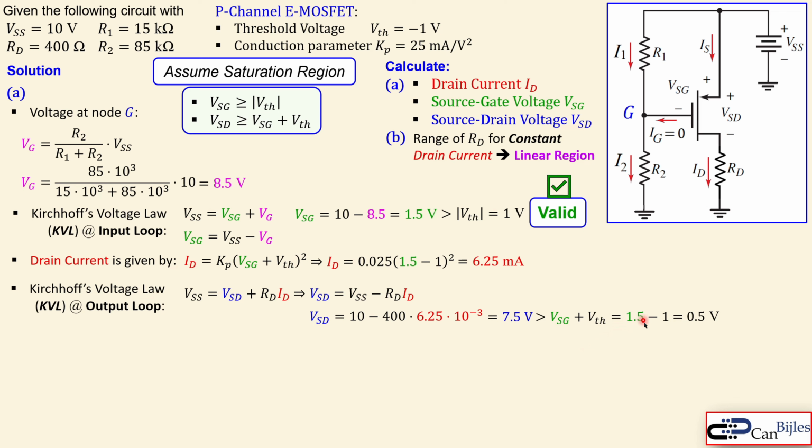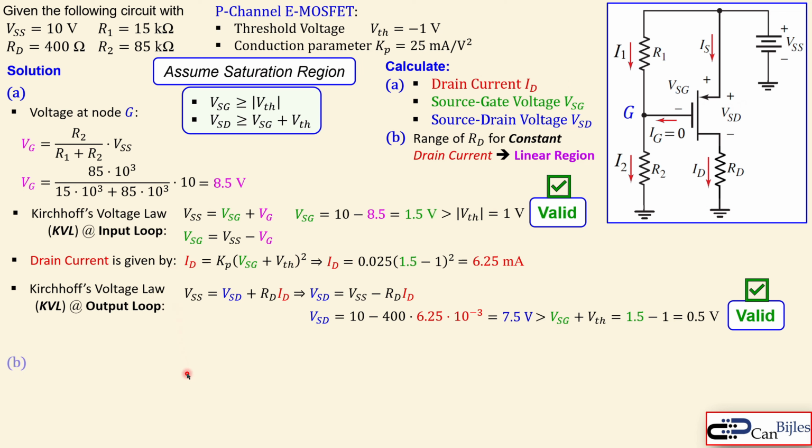1.5 for the source to gate, minus 1 for the threshold, which is together 0.5 volts. That is indeed larger than, 7.5 volts is indeed larger than 0.5 volts, so this is also valid. So our assumption is correct. So we can say this circuit with these values, the MOSFET is operating indeed in the